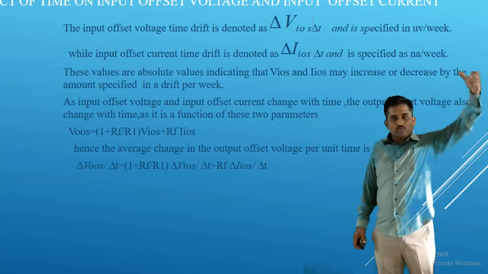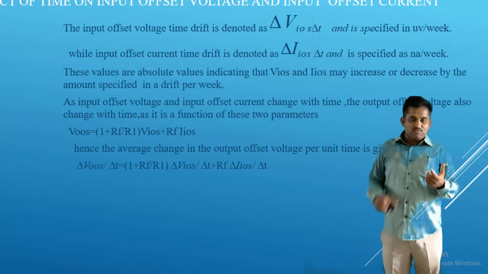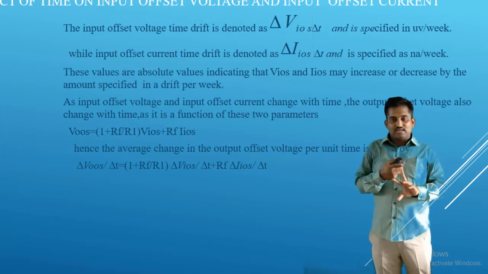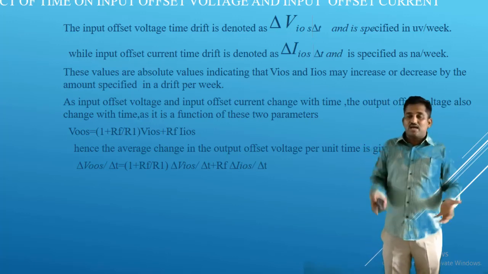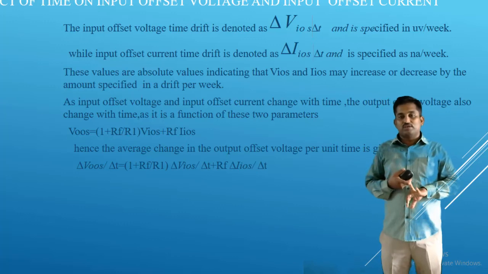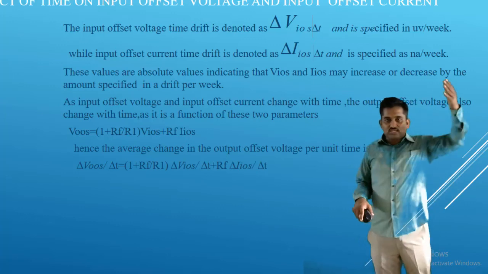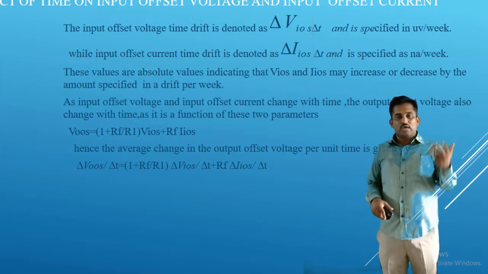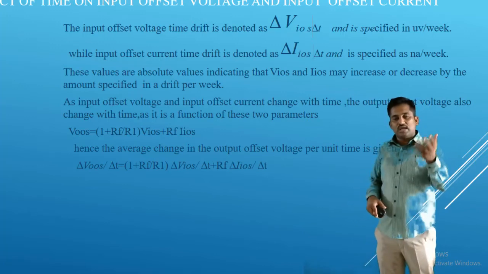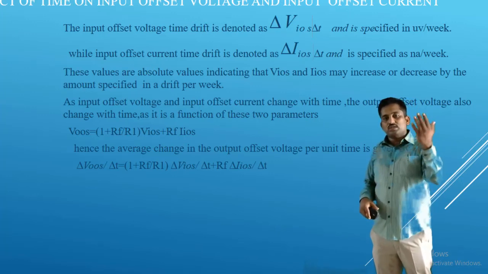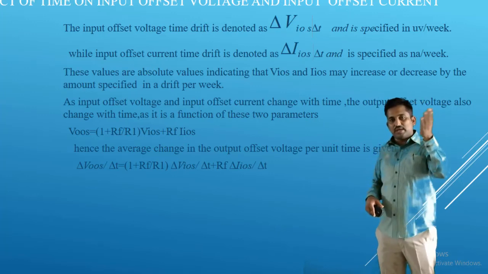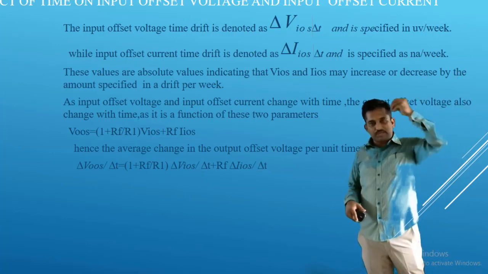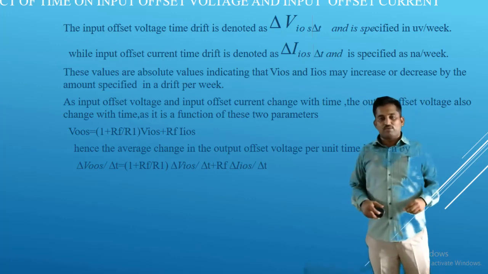Up to this we have to write about the DC characteristics. First of all, we have to write input offset voltage, next input bias current, and then input offset current. Later on we have to express the thermal drift. In that thermal drift, these input offset parameters are expressed in terms of average temperature coefficients and average thermal drifts. For that thermal drift, I explained that the offset parameters vary with respect to temperature, with respect to time, and with respect to supply voltages.